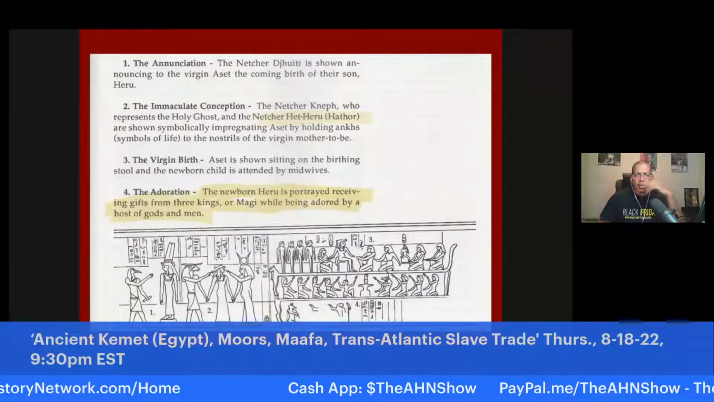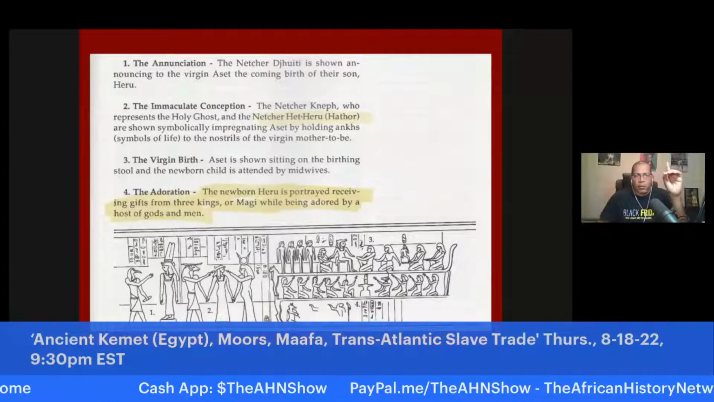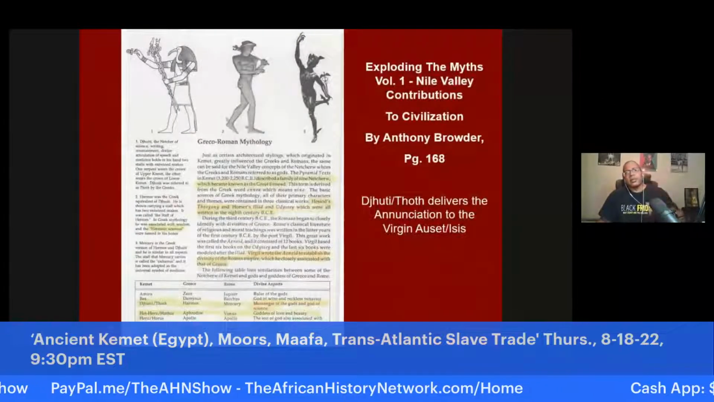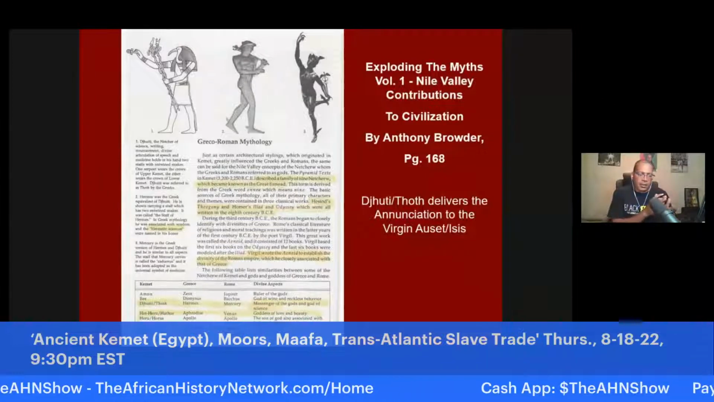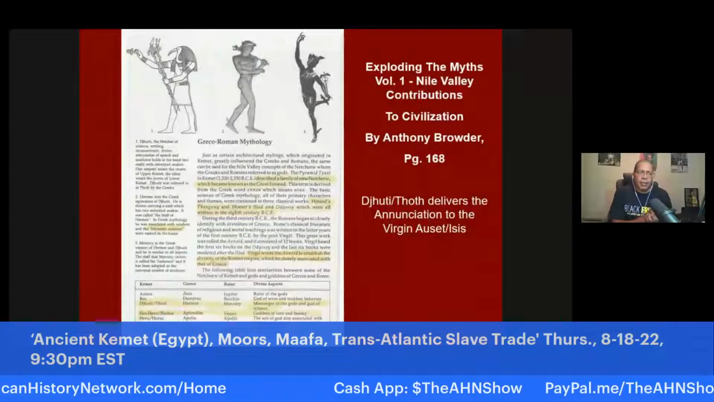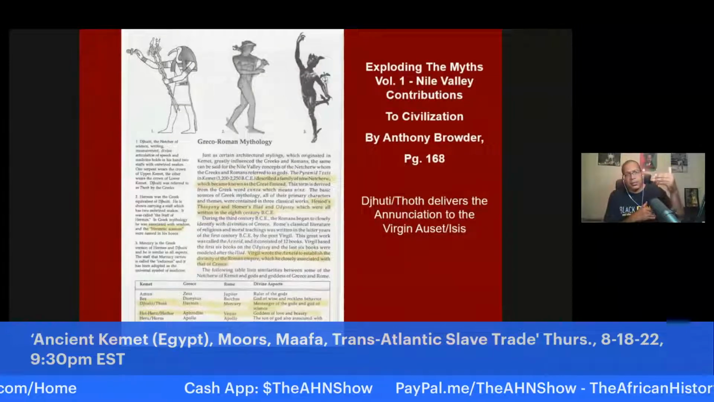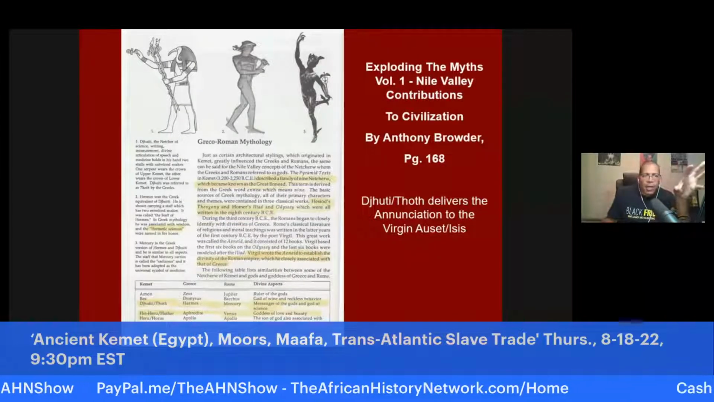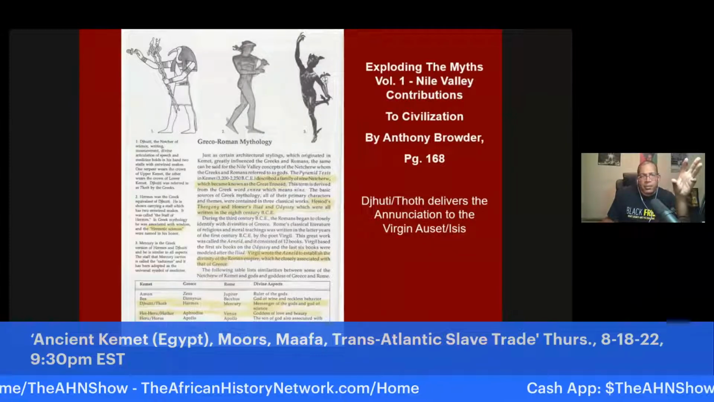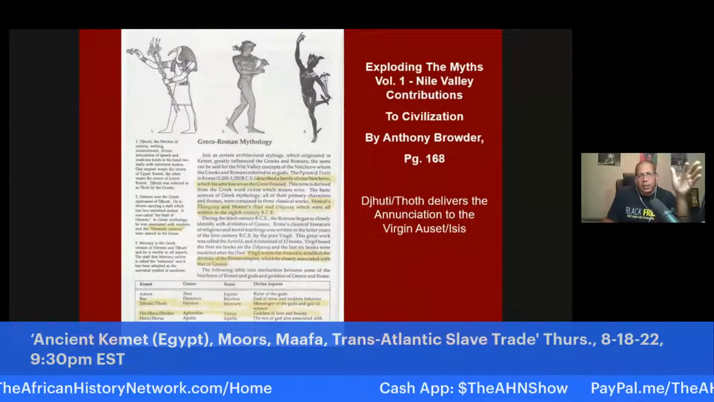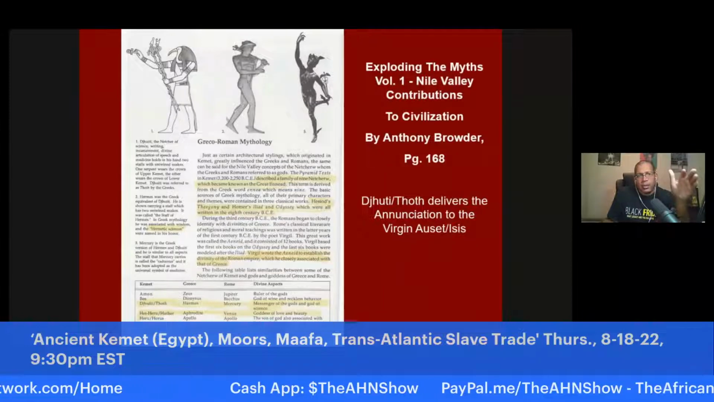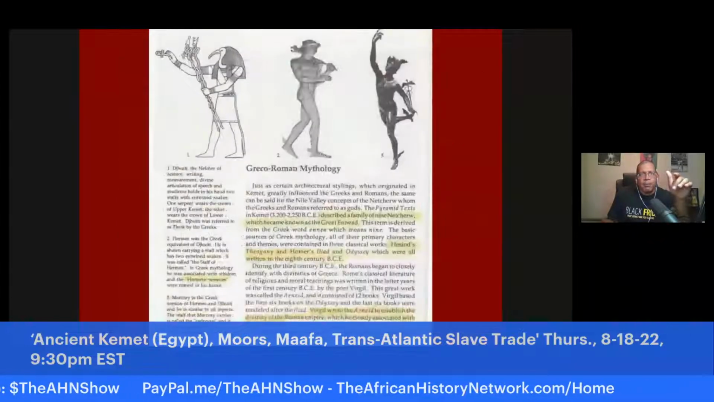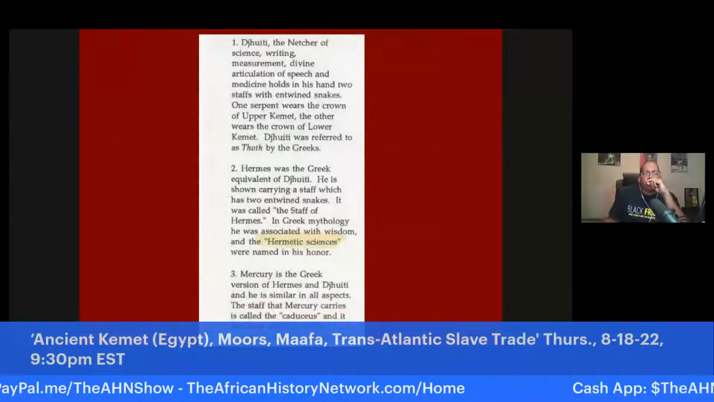But anyway, very quickly here, they talk about the Houthi, right? If we look at this and see how the deities from the Neter from ancient Kemet influenced the deities from the Greeks and the Romans, we look at page 168 of Nile Valley Contributions to Civilization. They show how the Houthi becomes Hermes amongst the Greeks and Mercury amongst the Romans. Okay, but they talk about how